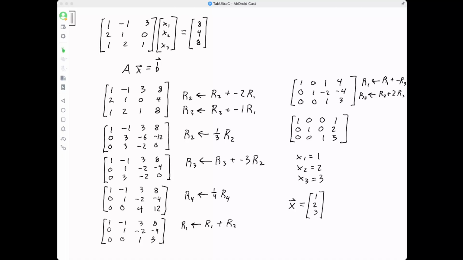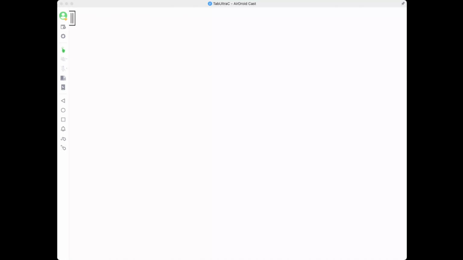Okay, so we have the idea that we can take a matrix and multiply it times a vector to get some other vector, which means we should have some properties of what happens when we multiply matrices and vectors. So these are properties of the matrix A. So if A is an m by n matrix, so it has m rows and n columns,